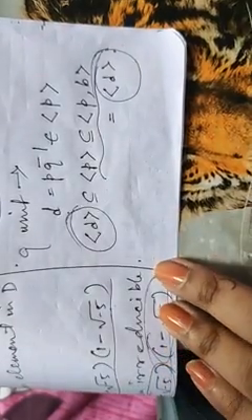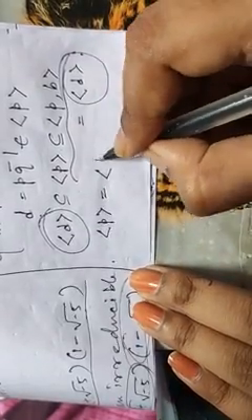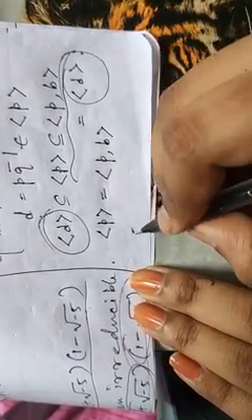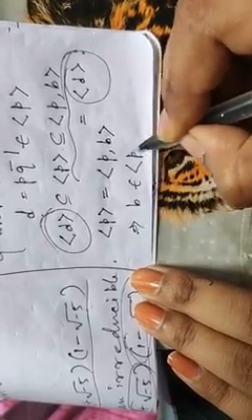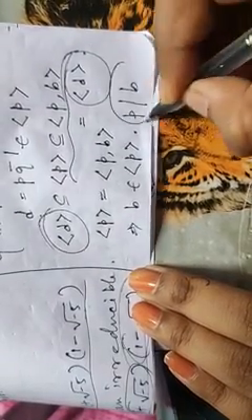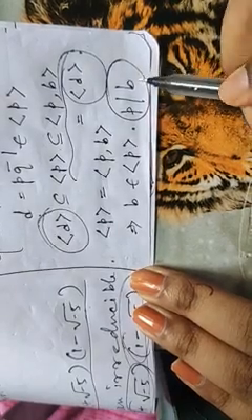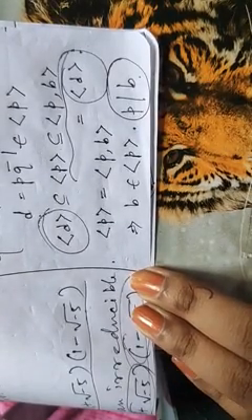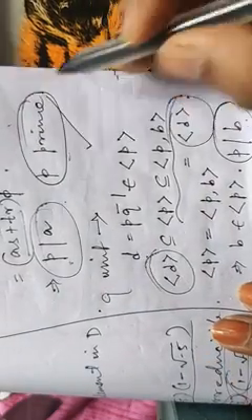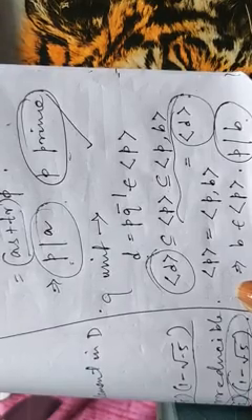That means this should be also same. So from here what we can write, the ideal generated by P is equal to the ideal generated by P comma B. That means B obviously belongs to the ideal generated by P. So P divides B. So we get this condition. If we take Q is a unit, then we will get P divides B. That means in any case either P divides A or P divides B. So from that theorem what we can conclude, that P is a prime element. Okay, so this proves the theorem.